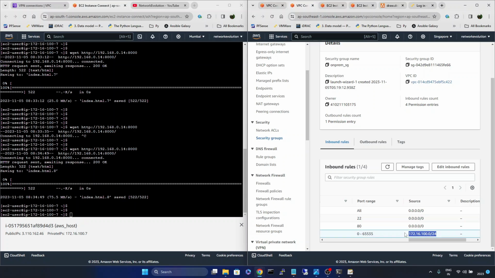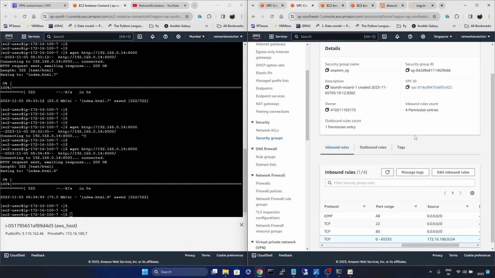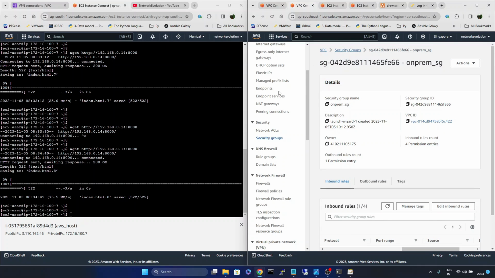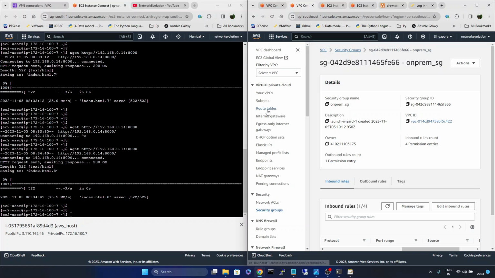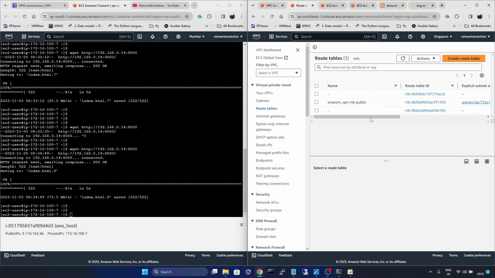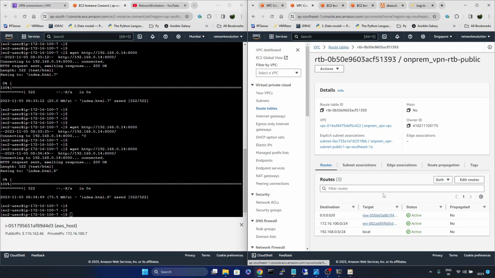Based on your requirement, you can give the subnet if you want to allow. So here I'm allowing all the TCP ports to this particular subnet because even it is going through the tunnel, and here also I have the routing table. Whenever I want to forward traffic to the 172.16.0.0 subnet, it will look into this particular route table, and in the route table we have added our VPN server as the endpoint, and it will go to the VPN server, and through the tunnel the VPN server will forward the traffic to that